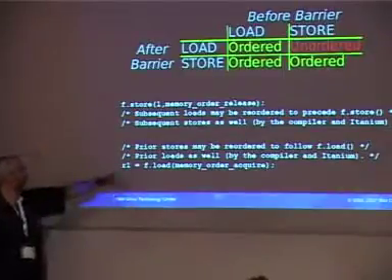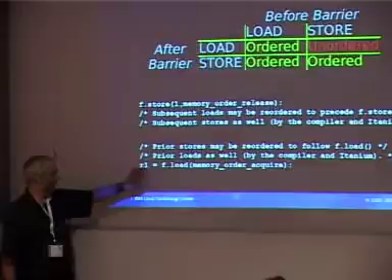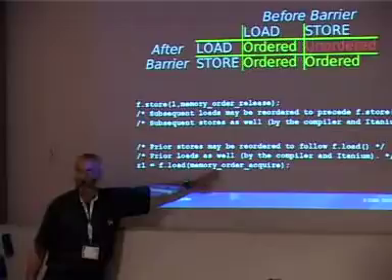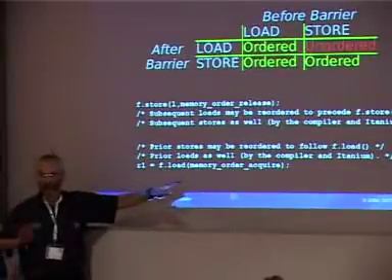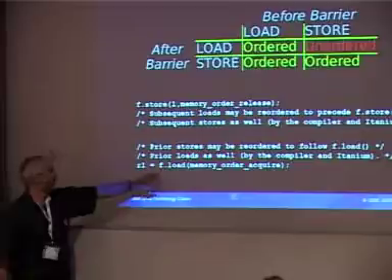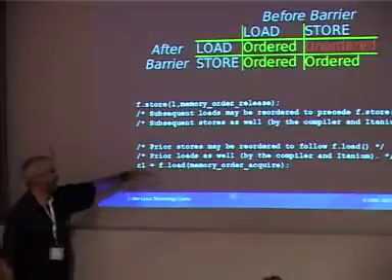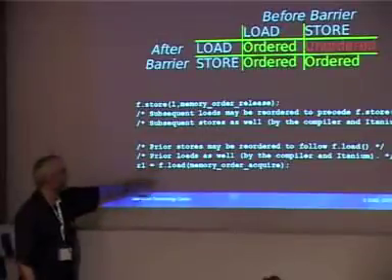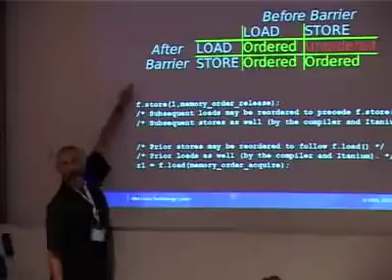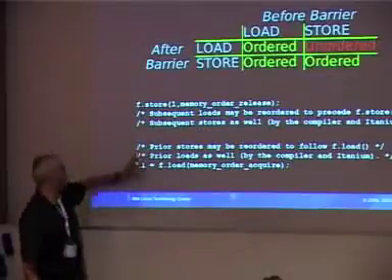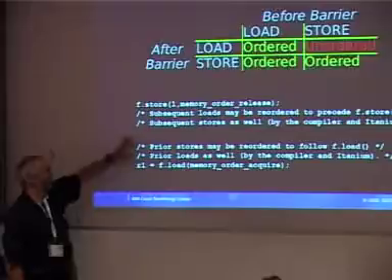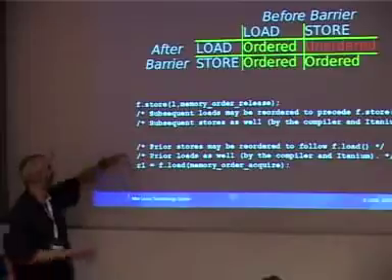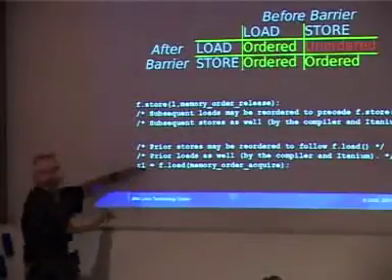Similarly, on the load acquire, you have R1 equals, so putting the result in R1, you have your variable f, you have a member function load, and you say memory order acquire. Okay, and we'll see what other options you can put there on a later slide, but there are other ones. So what you do is you pick this thing up and you guarantee that any subsequent loads stay ordered after this load. In other words, any subsequent loads after this are guaranteed to see the stores that happen before this guy. So you publish here, you subscribe here. That means that any prior operations can be ordered after this. The only restriction is that we keep the stores above and the loads below.